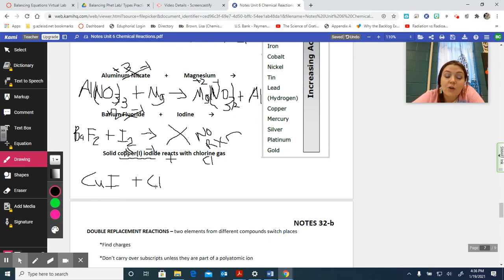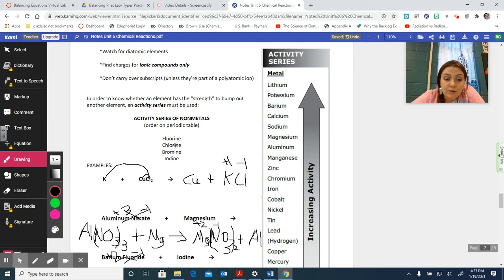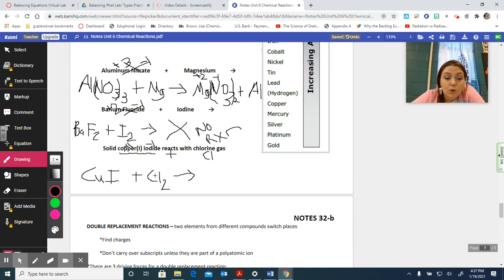Anytime you write a single element, you have to ask yourself, is it diatomic? Chlorine is diatomic. It's in our diatomic list of 7, so it needs a little 2. Okay, let me draw our arrow. And does this reaction occur? Chlorine is a non-metal, which means it wants to kick out iodine, the other non-metal. So let's go see if chlorine can. Chlorine's here. It's higher than iodine. So yes, chlorine is stronger than iodine. It can take its place. So chlorine is going to boot out iodine and make it by itself and take its place in the compound. So it'll be